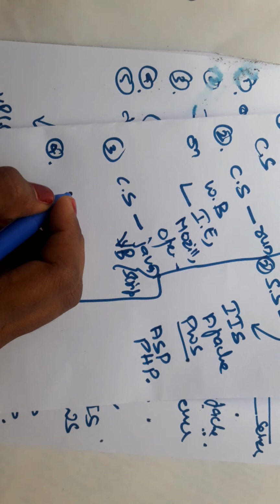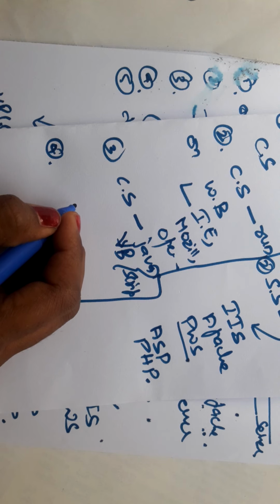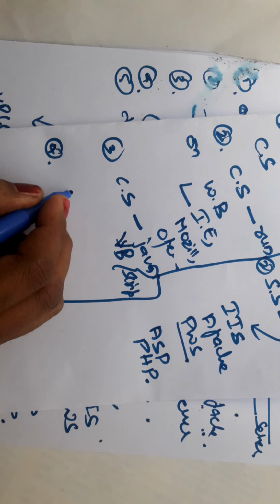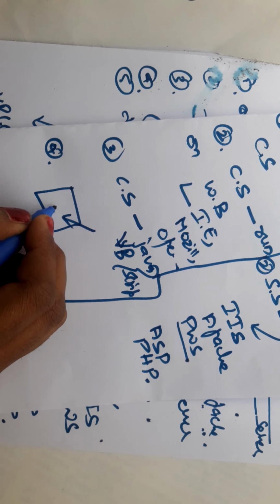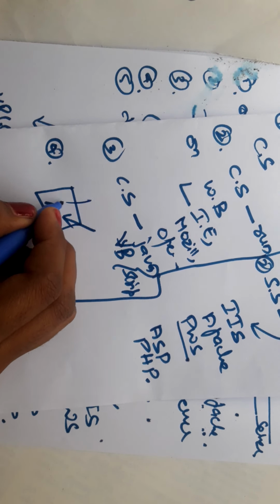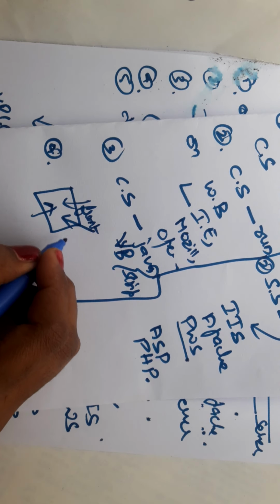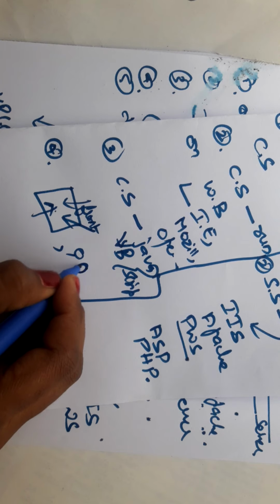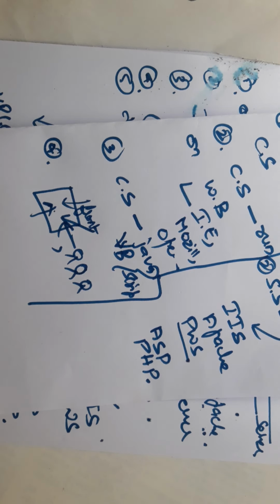Next, client side scripts work at the front end, and those scripts are visible to the users. Client side scripts run at the client side only, which means they work as a front end, and these scripts are visible to users. For any number of users, client side scripts are visible.